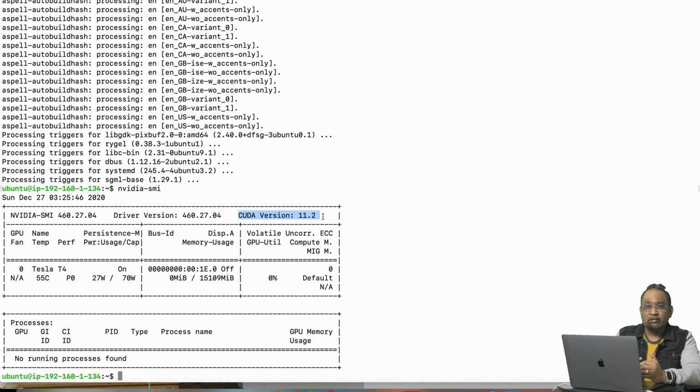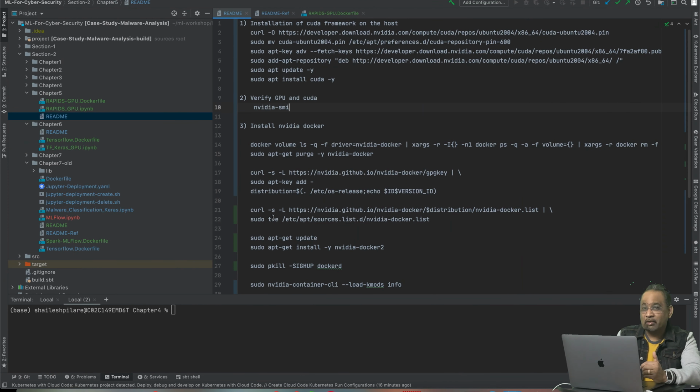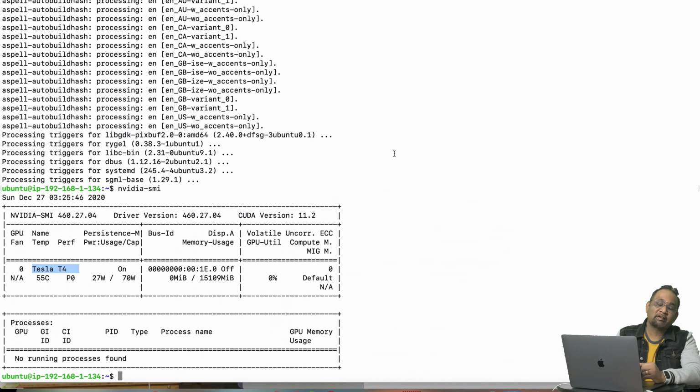The next step is to install the Docker runtime on the GPU, and the thing to note is that the Docker runtime for the GPU is not the same as the conventional Docker runtime which we had used in the previous video, and we have to use the NVIDIA Docker 2 package, which supports running the Docker container over the GPU accelerated platform.